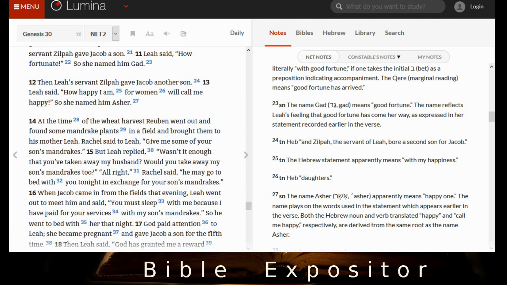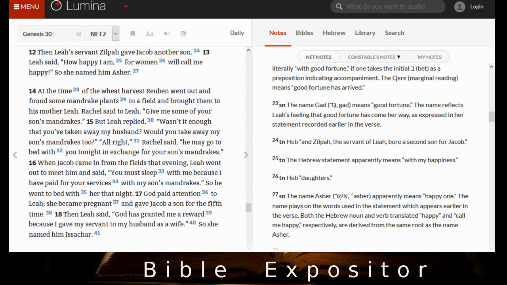So it's just mushrooming, these problems. And verse 14 there starts a section that makes no sense to us today, that somehow mandrake plants could make women fertile. Coincidence or not, the sisters wheel and deal over them, and Leah conceives again and gives birth to Issachar and Zebulun. Now, her last child would be a girl named Dinah, who we'll see in later lessons turns out to be the catalyst of some bloodshed and other serious problems later on.